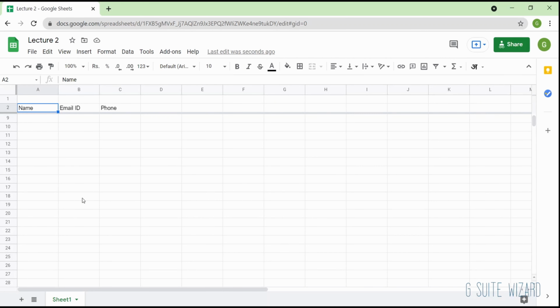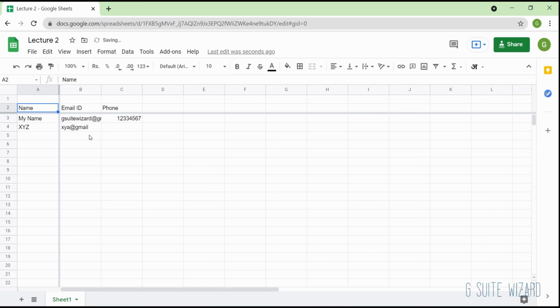So if I scroll down, as you can see, the numbers are going from 3 and so on, but 1 and 2 are always there, right? And I can also freeze columns. If I go to my right, you can see the columns are going, but A is always fixed. So that is what is meant by freeze.